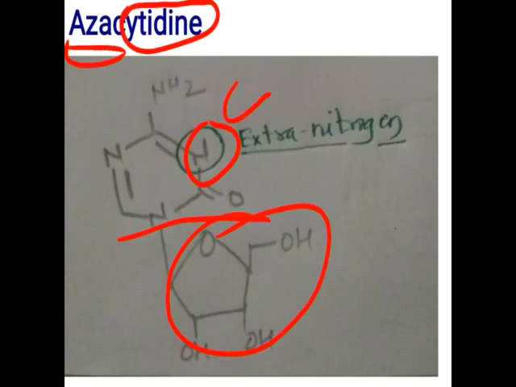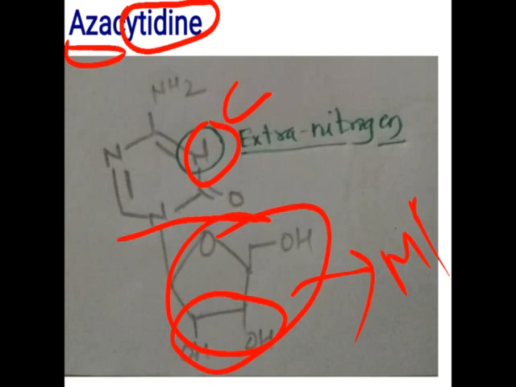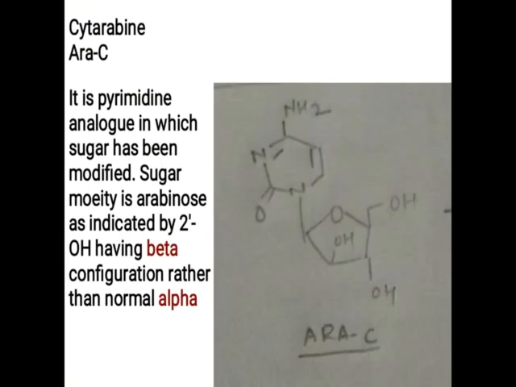They have a similar mechanism, undergoing monophosphate, diphosphate, then triphosphate. This azacitidine triphosphate enters into the synthesis of DNA or RNA. Here ribose sugar is present, so generally it enters into the synthesis of RNA, and there it forms a false RNA. Due to the false RNA, protein biosynthesis does not take place. Now the next drug is Ara-C. It is also called cytarabine.